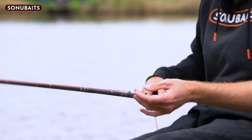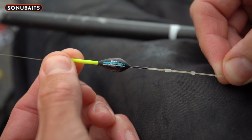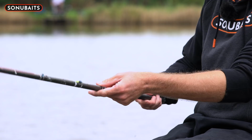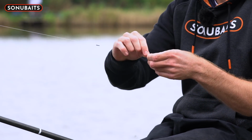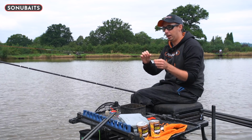Stepped it up to 0.19 this time, and I've got a 4x12 carp shallow. Nice sort of steady, stable float, nice visible tip again, so it's not going to get dragged under by line bites and stuff. I've just got a simple bolt this time above my 6-inch hook length. This time I've stepped it up to 15 power, and I've got a 16 GPMB, and this time I've hair